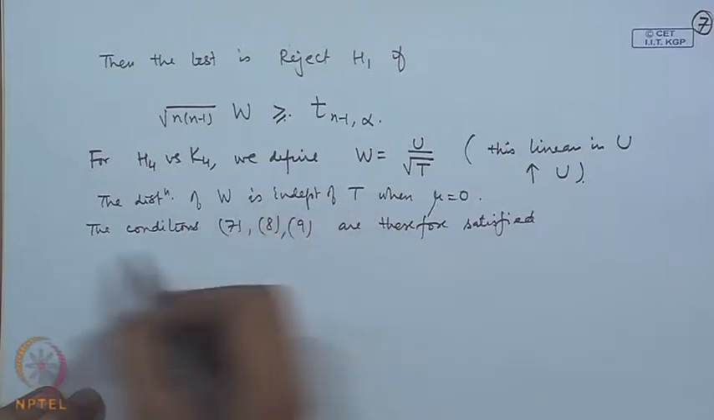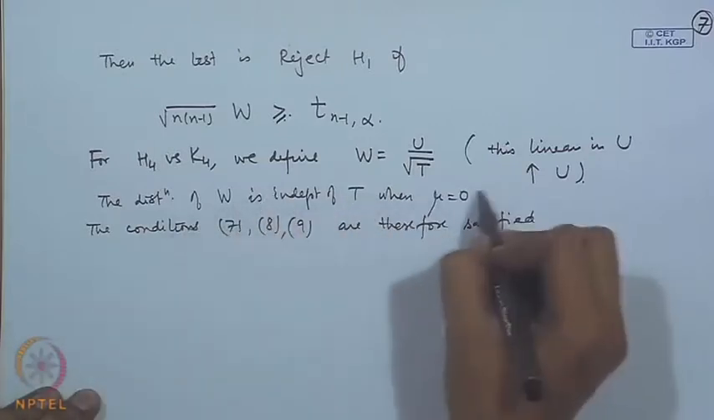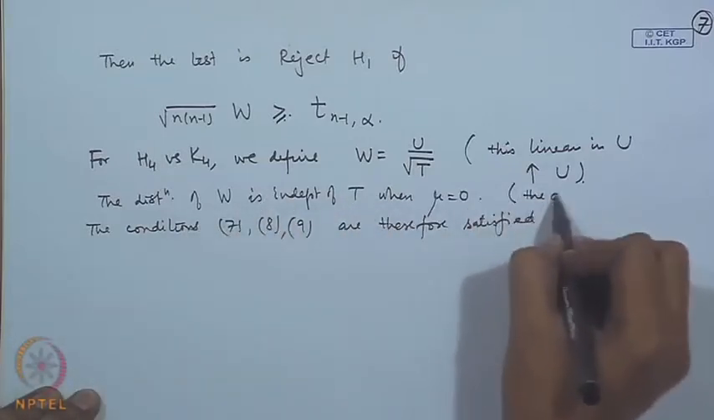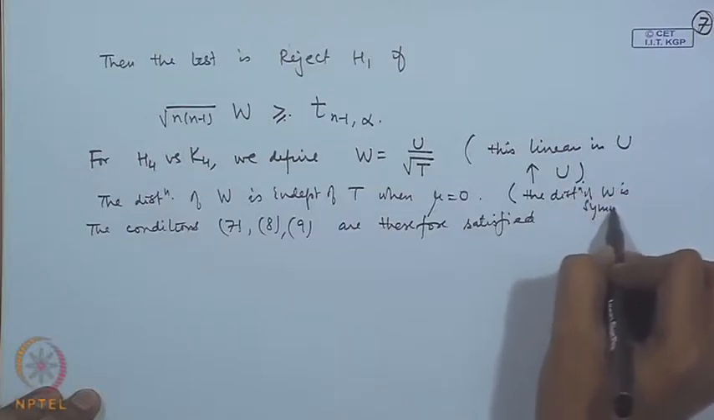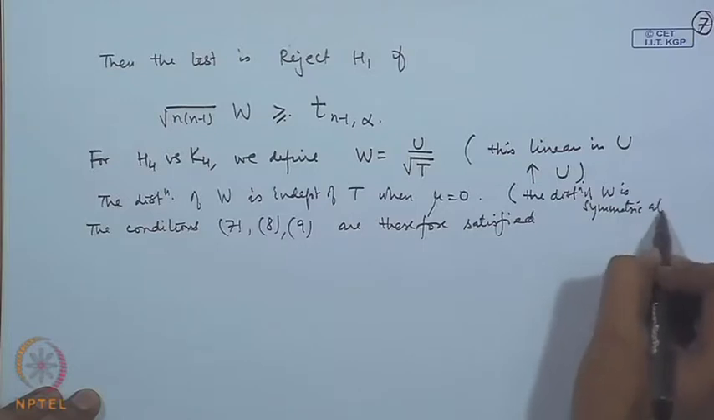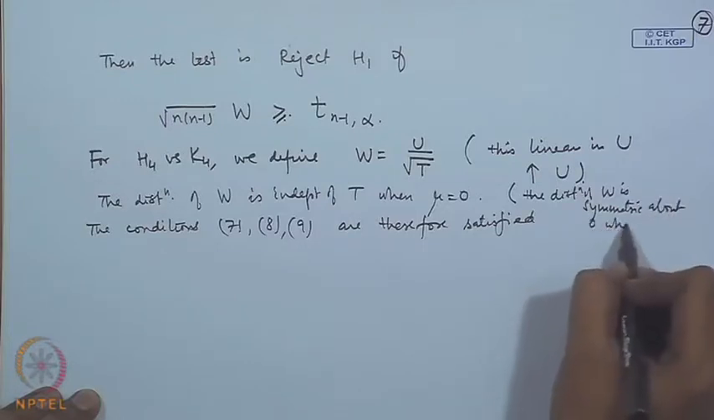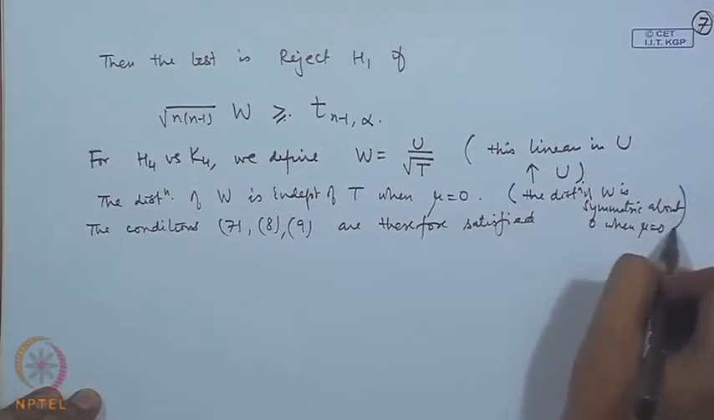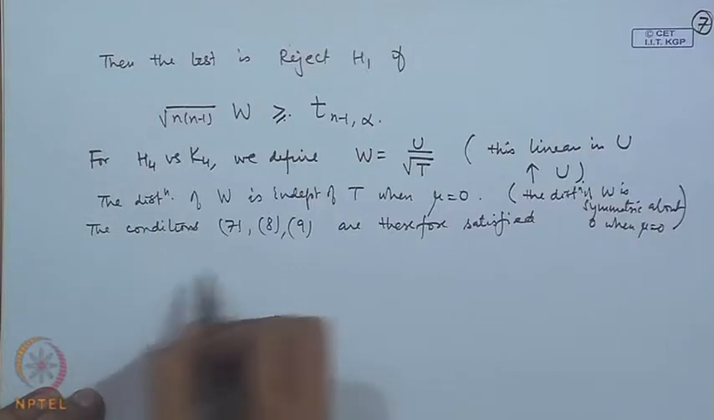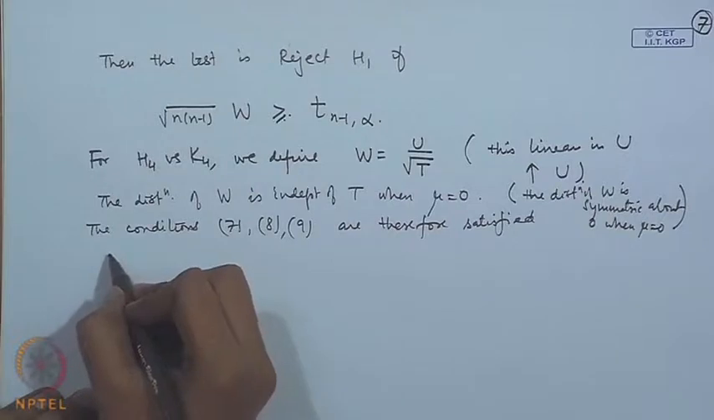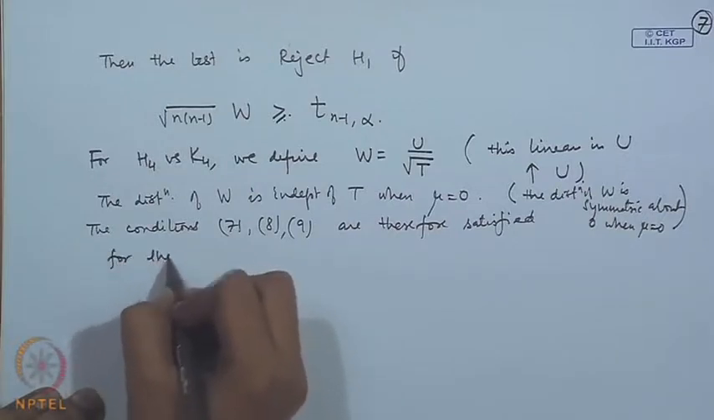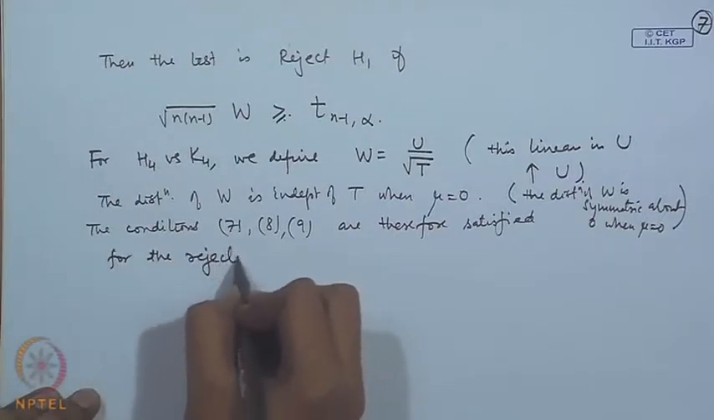Okay, we note here the distribution of W is symmetric about 0 when mu is equal to 0. That is important here. The conditions 7, 8, 9 are therefore satisfied for the rejection region